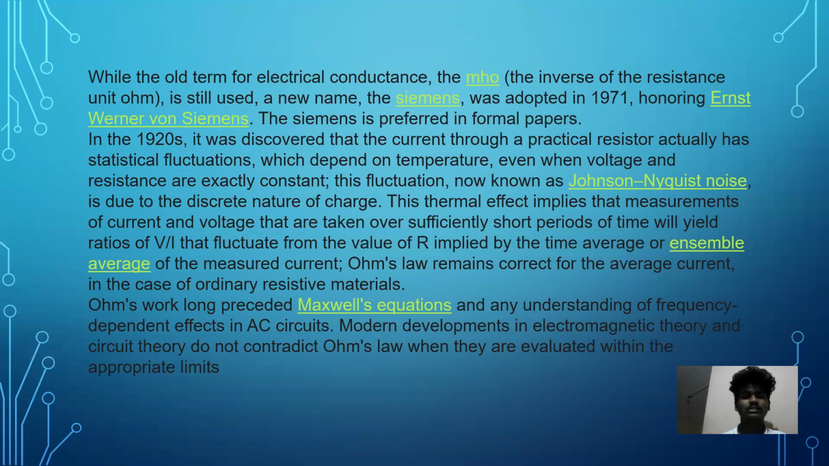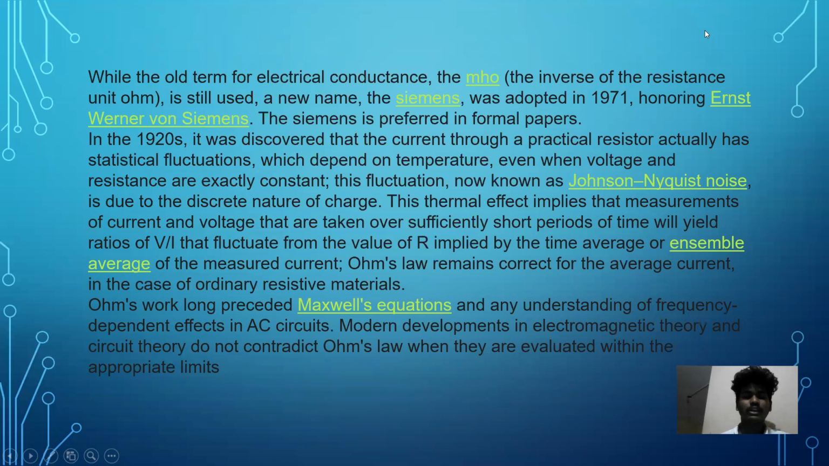actually has statistical fluctuations, which depend on temperature, even when voltage and resistance are exactly constant. This fluctuation, now known as Johnson noise, is due to the discrete nature of charge. Thus, thermal effects